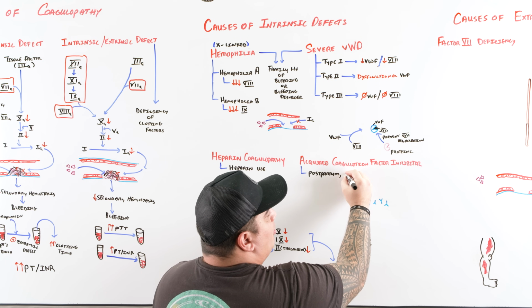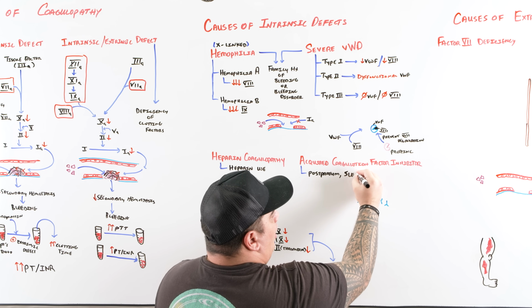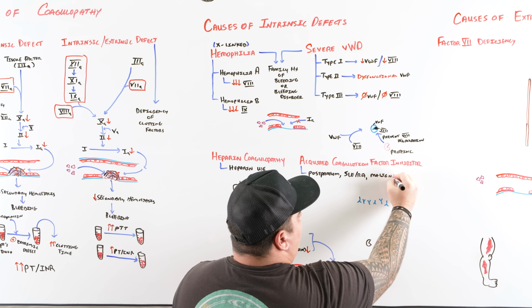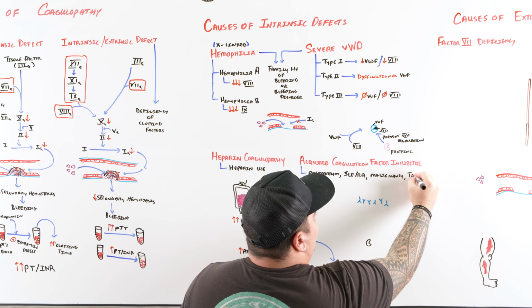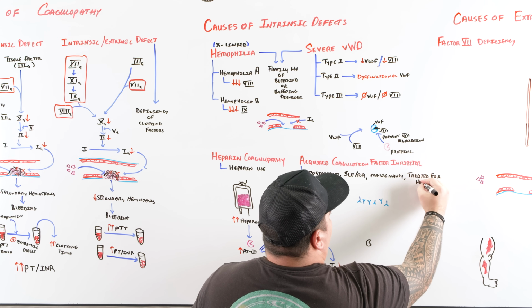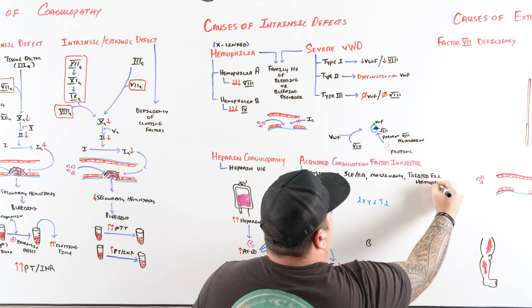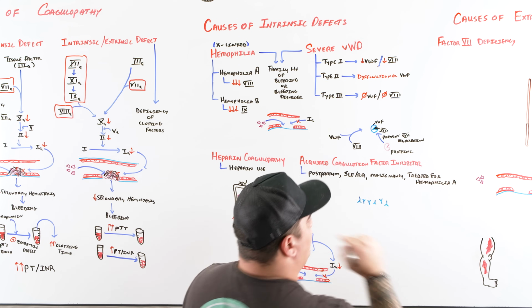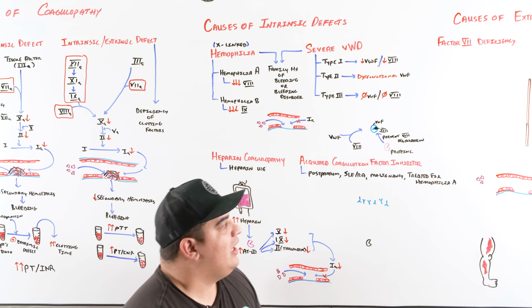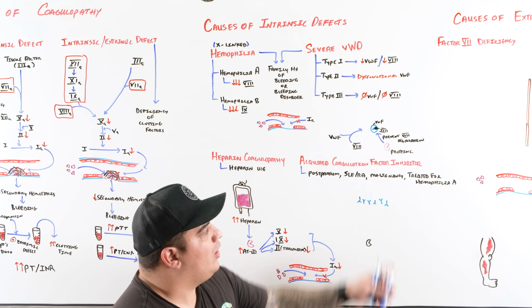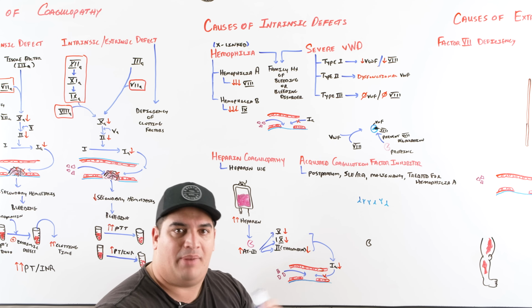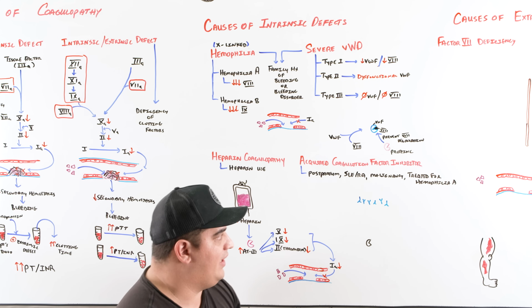Or they have an autoimmune disease like SLE, rheumatoid arthritis, they have some type of malignancy, so definitely consider this one, or they're getting treated for hemophilia A. And you know, hemophilia A, what's the factor that they're deficient in? Factor 8. So what would they be treated with? Factor 8 concentrate. If a patient is getting factor 8 concentrate, or they have malignancy, or they have an autoimmune disease, or they're postpartum, and usually postpartum patients can have a little bit of an inflammatory autoimmune activity as well,